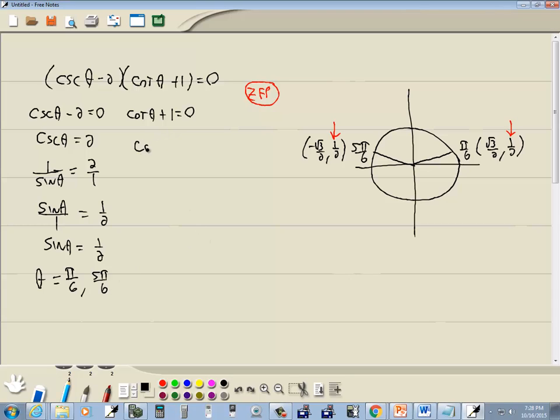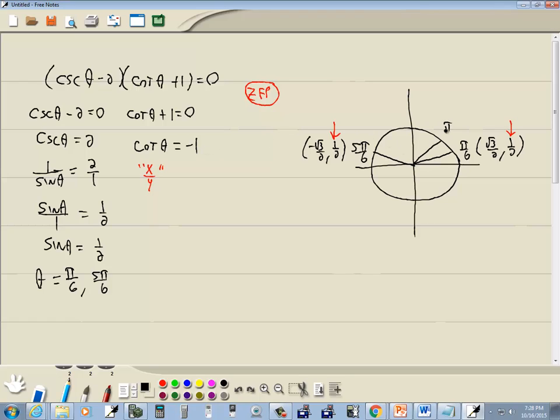Okay, we're going to set cotangent theta plus 1 equal to 0. And we want to get it by itself, so I take the 1 over, it becomes a negative 1. And we're looking where cotangent is equal to negative 1. Cotangent, remember, is x over y. I could put this in terms of sine and cosine, but it might be kind of hard to figure out what our answer is when we do that. But if we remember x over y, and it's equal to positive 1,